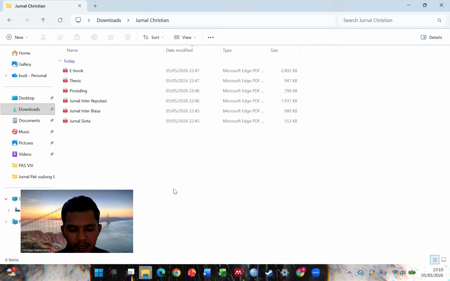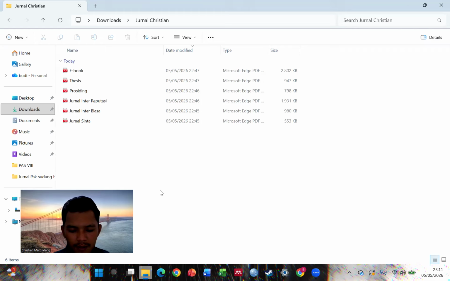First step, click the Add New button in the top left corner of the Mendeley app. Then select the Add Files option. Once the file browser window appears, I pick them one by one.